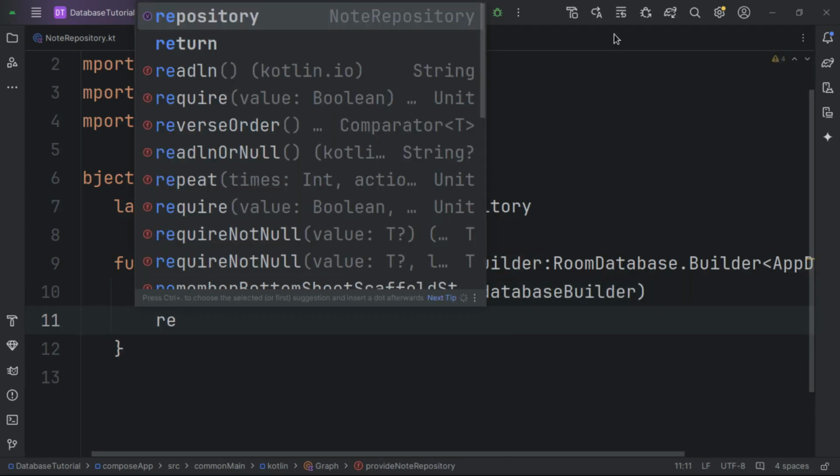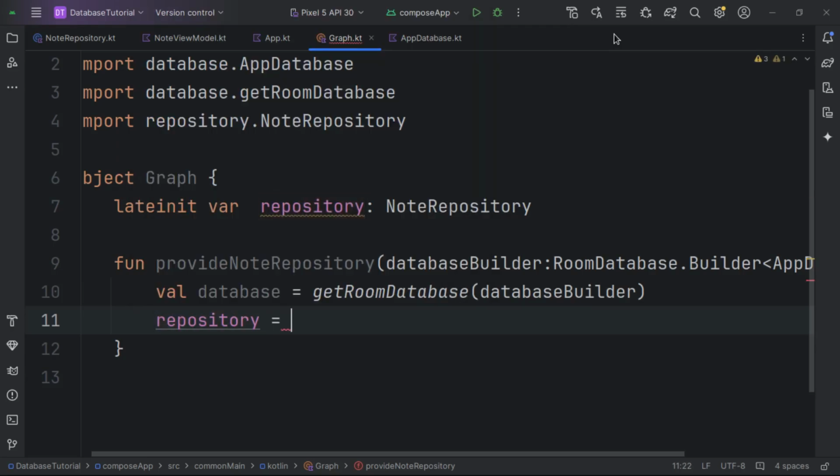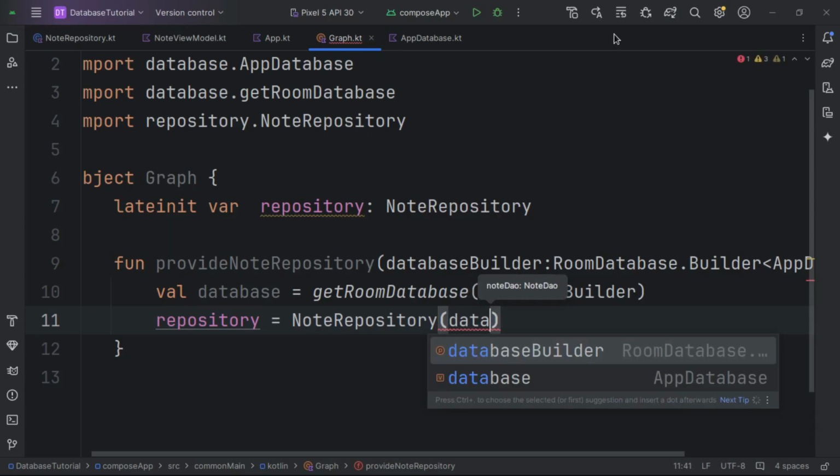And we can provide now our repository. So we can instantiate the repository. So let's call here our node repository. And directly pass in here. Oh, sorry. We have to pass in the DAO. So we can call here our database,